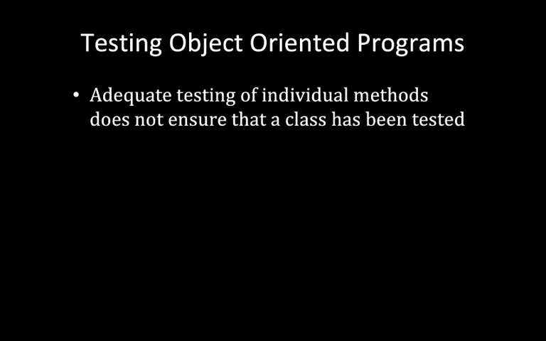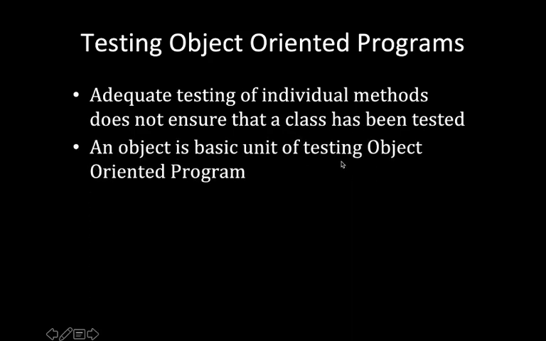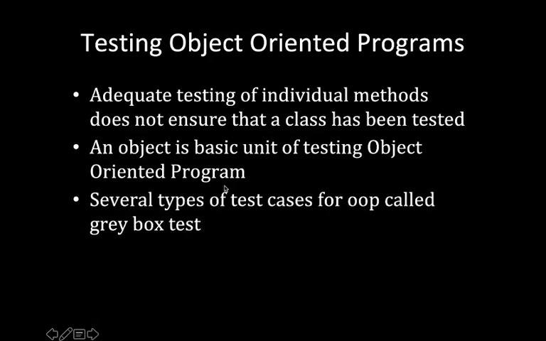Next, it is testing on object-oriented programs. So we need to simply see these different approaches for object-oriented programming. We did not study all the details. In the previous case, when we performed integration testing and unit testing, we simply tested the functionalities or the functions or methods in the program. But in this case, we cannot simply test the functions inside a class, because here the object is the basic unit of testing in the object-oriented program.